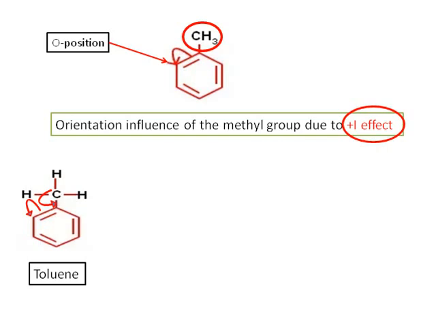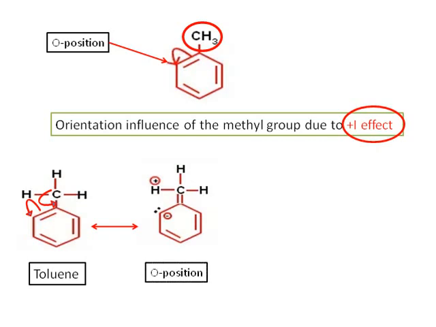But this pi bond, though it is shifted to the carbon atom, the electron pair will not be located at the carbon atom. Here you see the electron pair is at the ortho position and the hydrogen atom is getting positively charged since the carbon-hydrogen bond is shifted to the carbon-carbon double bond. So this lone pair of electrons will be delocalized. That means that it will move over the benzene ring since alternate single bond and double bond are present.